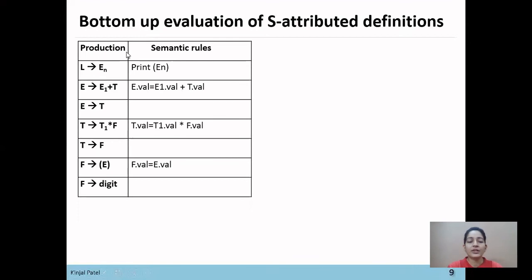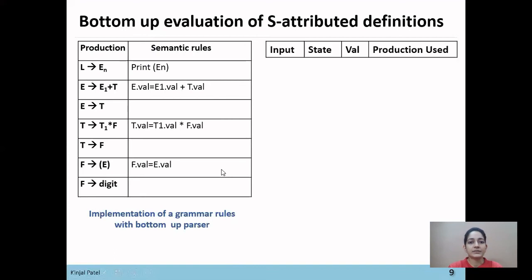So here is the production rule for addition and multiplication and the relevant semantic rules for the production rules. Now we'll see how bottom-up evaluation is performed for parsing the input string. So this is the implementation of grammar rules with a bottom-up parser. Now here the input buffer is used to store the input string, state, and value.